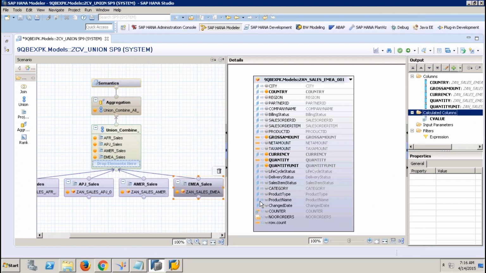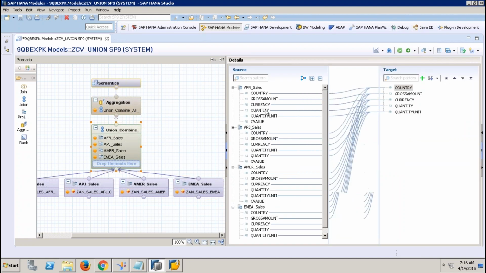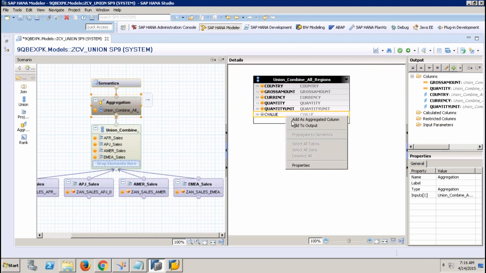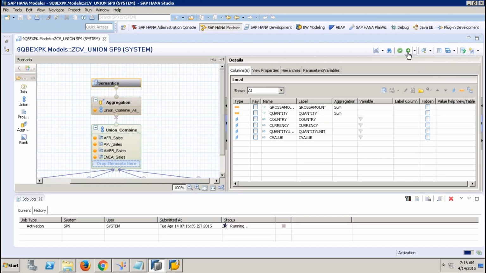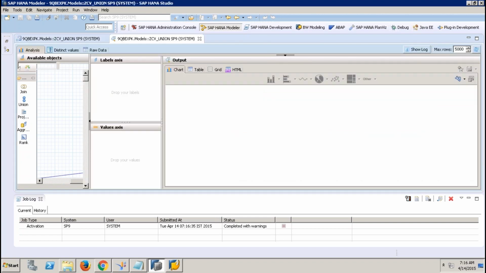Okay. Now I would like to use this column. So I get the C value. I'm going to map the C value from all the four. So just take that in the output. Take that as an attribute. Now I do it. Now when I try to see the content,